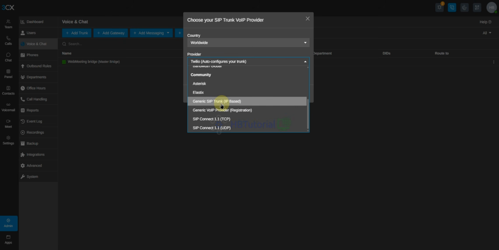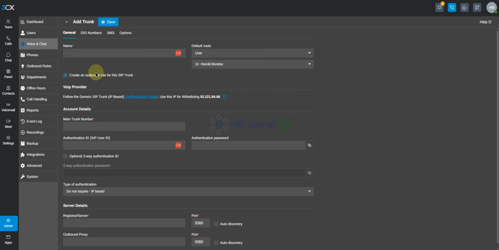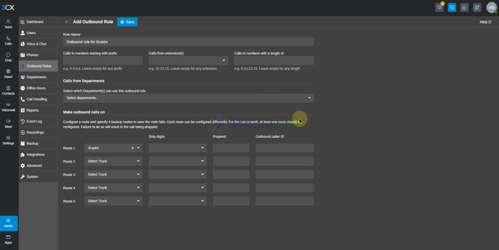Okay, so you need to go to the generic SIP trunk, IP based. Sorry for that. So 3CX PBX, use main trunk number. IP based, sip.telnyx.com. And then save.